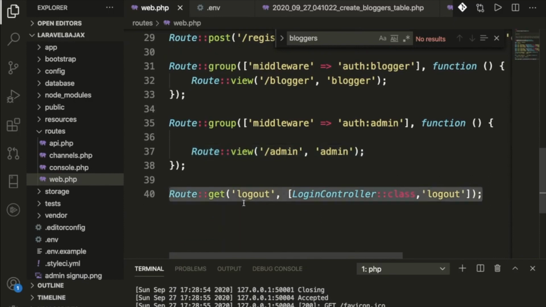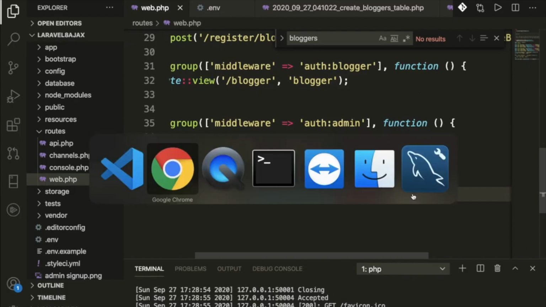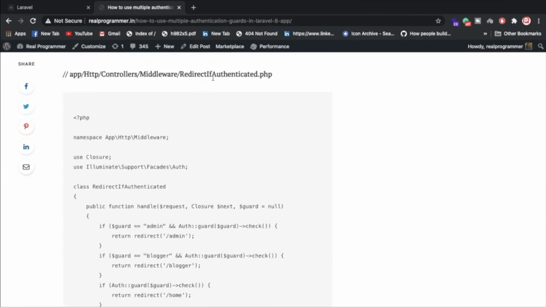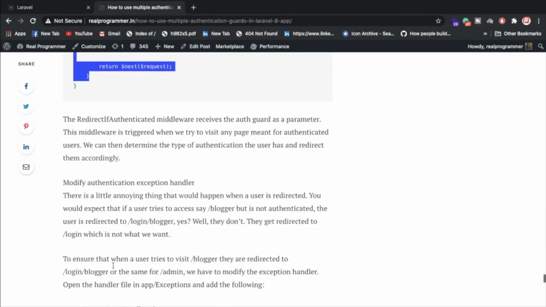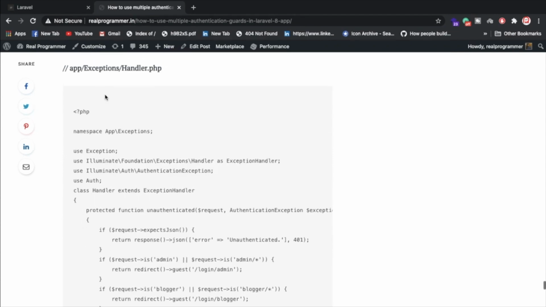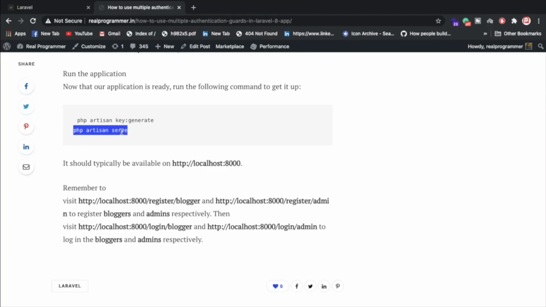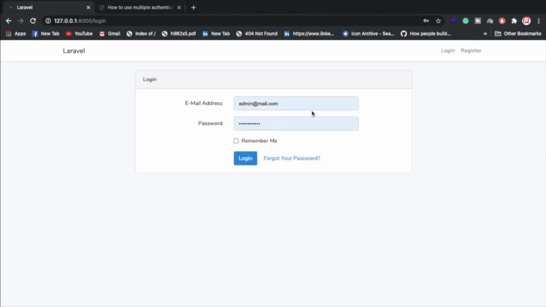I have created the logout with the get method. We call it, and we have applied it inside the logout function. Then we are hitting this particular function. Hope this is clear. Once everything is fine, you can check the redirect authenticated, which I have already explained. Let me scroll down. I have already explained the exception handler, and everything is fine. Just write the command php artisan serve. Once everything is fine, you've already seen how this is working, guys.